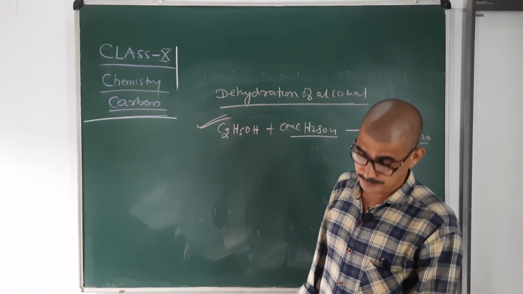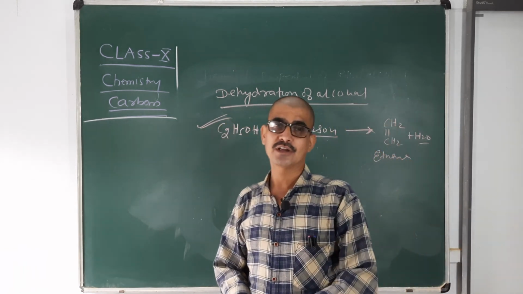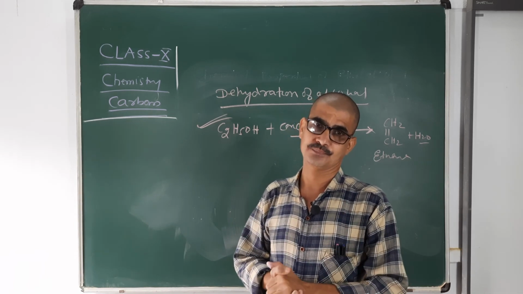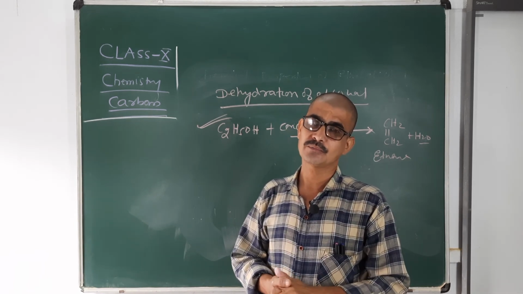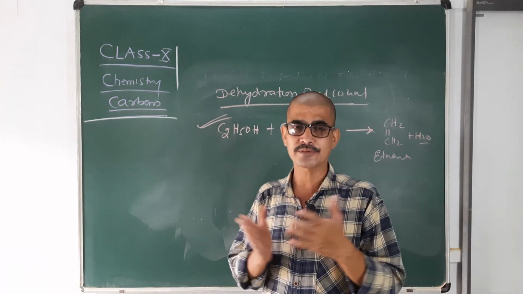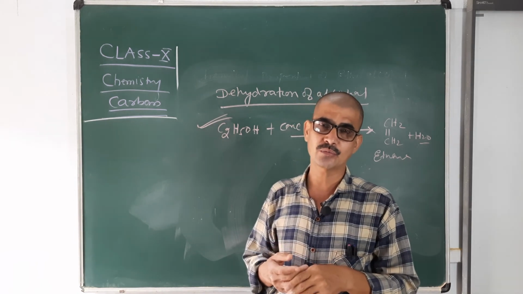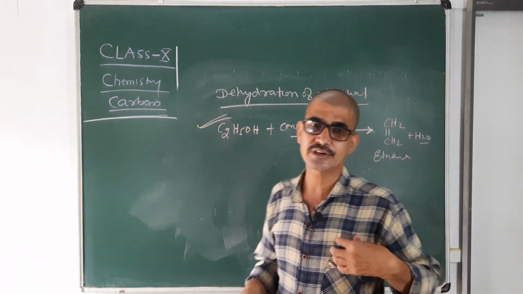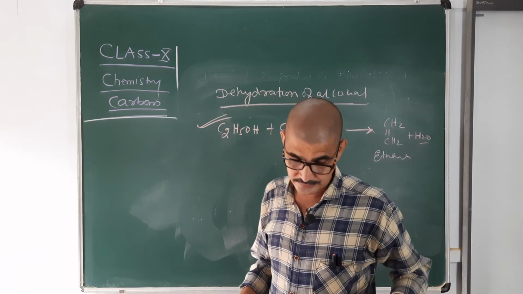Now alcohol is completed. In the next class I will discuss acetic acid. Important: how can you prepare acetic acid? What are the important chemical properties of acetic acid? What is vinegar? What do you mean by formalin? These are important questions. I will discuss them in the next class. Thank you very much.